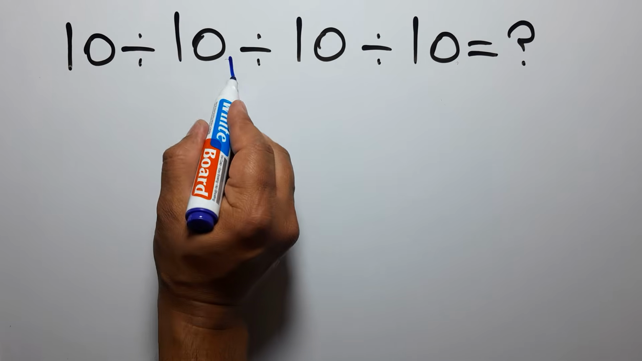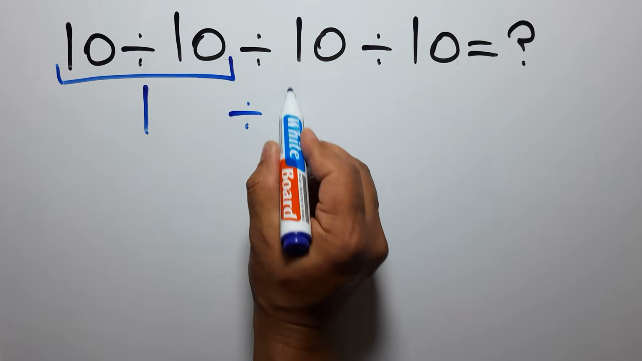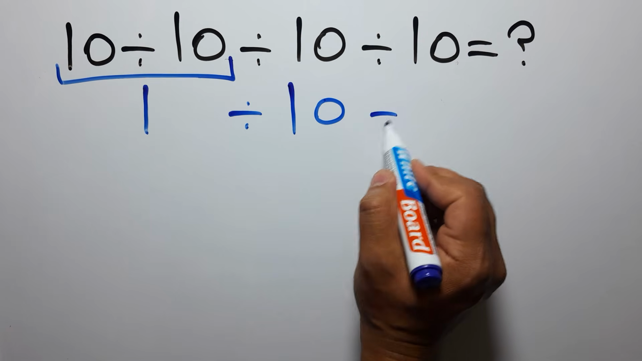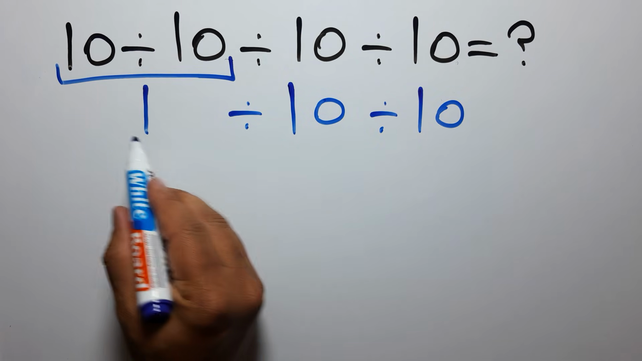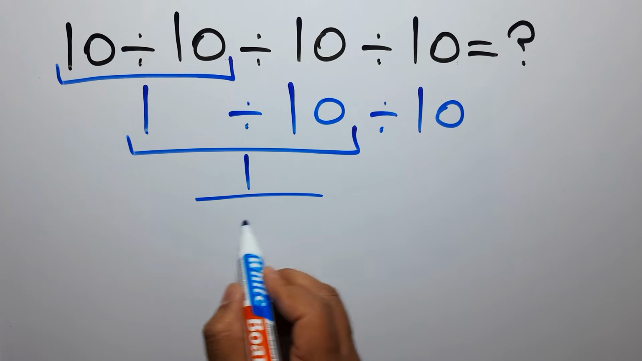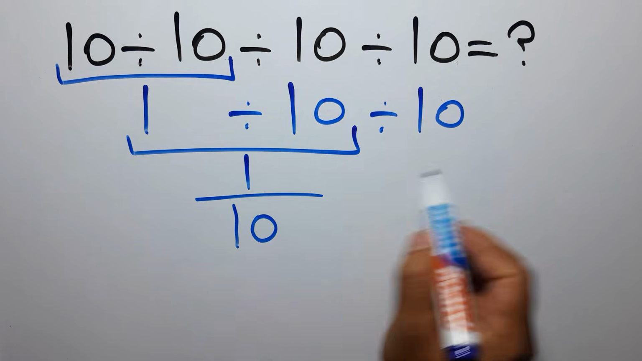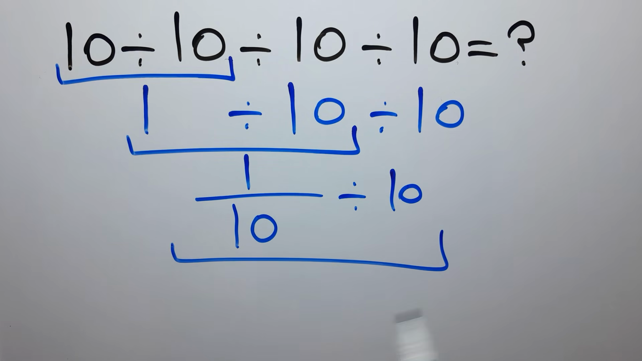10 divided by 10 gives us 1. So we have 1 divided by 10 and again divided by 10. Now we have to do this division. 1 divided by 10 can be written as 1 over 10. Then divided by 10. Now, according to the KCF rule,